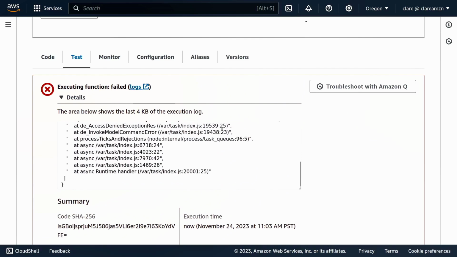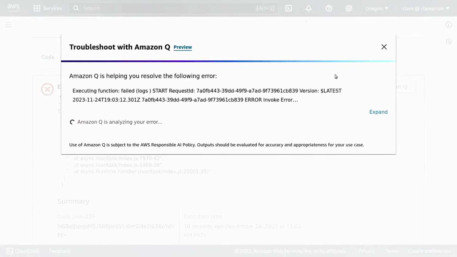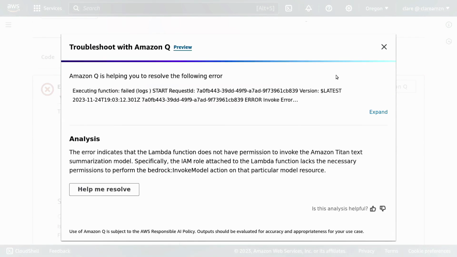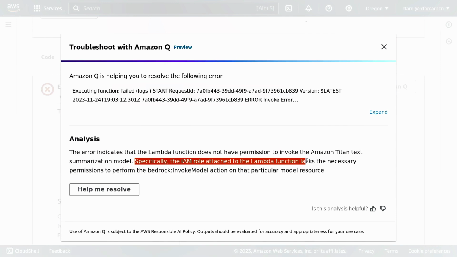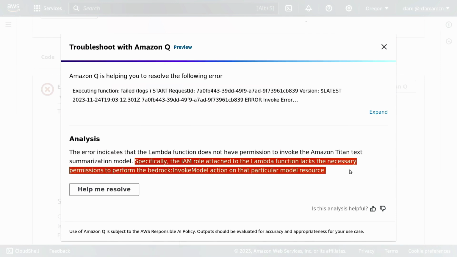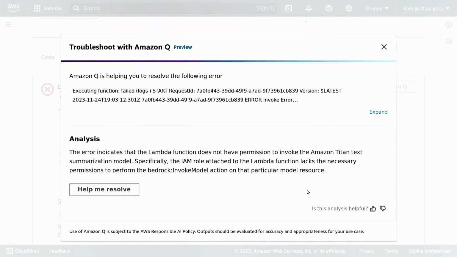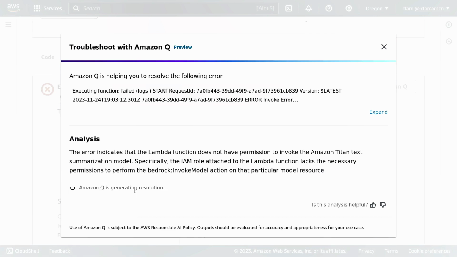There's something not working, so I get an error, and I can look at it. But the cool thing is there's this new button that says Troubleshoot with Amazon Q. And so I can spend the time to figure this out, but Q, can you just help me out here? I click the button that says Troubleshoot with Amazon Q, and it does an analysis of what the problem was and comes back and says, here's the problem. We found the problem. This is what it is. And that's really cool, but then you want to say, okay, well, that's great that you found the problem, but how do I fix the problem? What is the next thing I go do? And so you say, help me fix this problem.